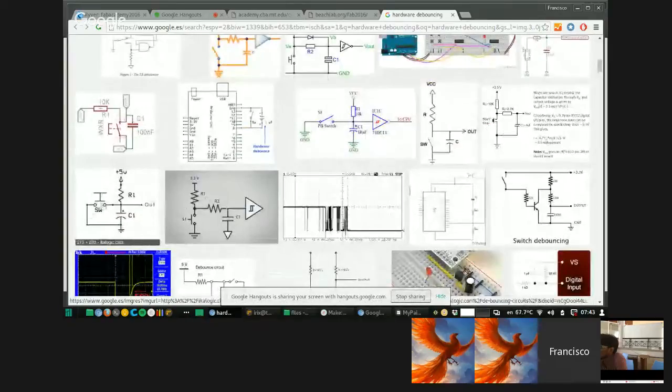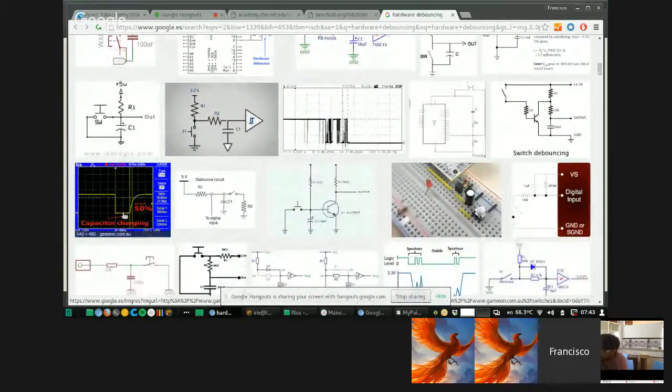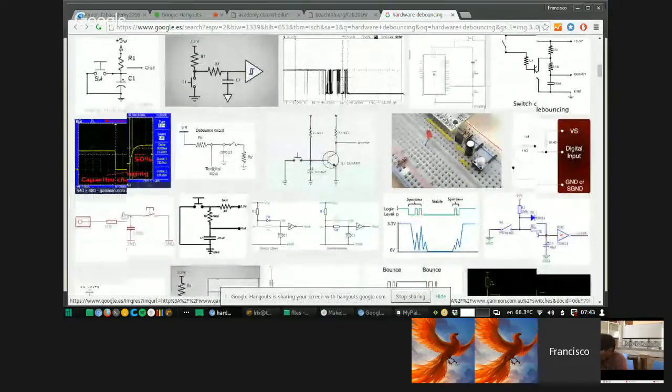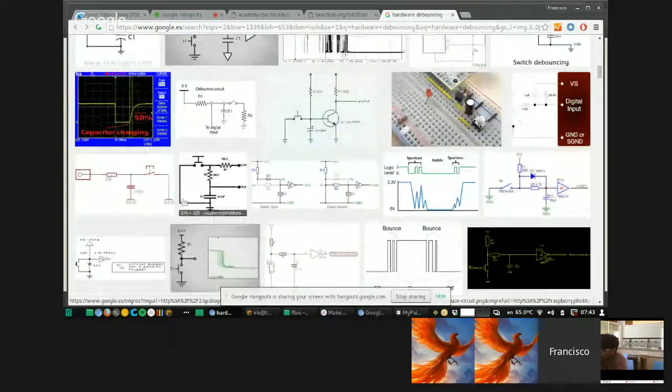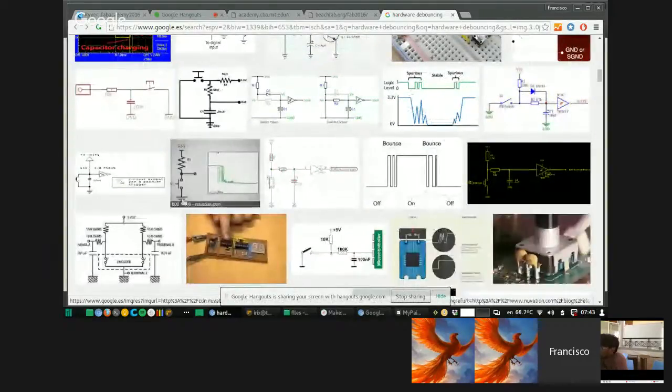But the thing is, you put a capacitor across the line, and most people are using 100 nanofarads. So I want you to check your Hello World button board under the oscilloscope, and then I want you